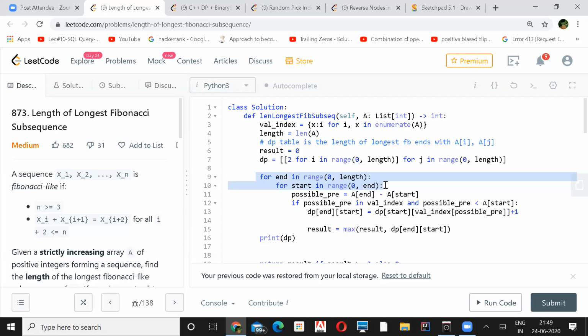So you are starting from the 0th row, and then you are going through each and every column, which starts from 0 to 0. First maybe only one index, and then for the second row, the column will be 2 elements at least, right? Yeah. And then it's going to keep on increasing, until the entire length of the array is traversed. Okay.